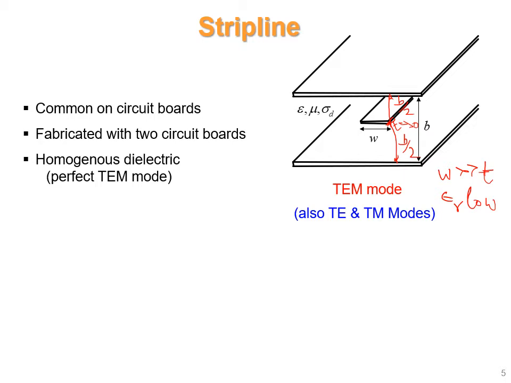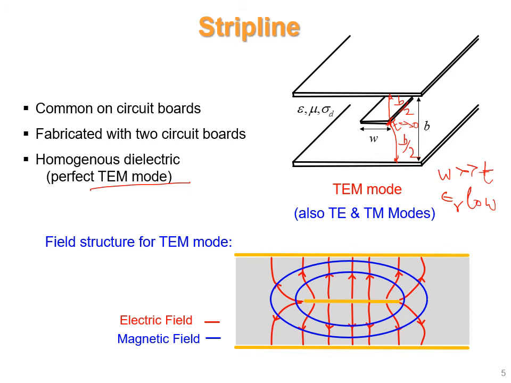Now, as the conducting path is immersed between the dielectric material, we will have two conductors: one conductor at the center, one conductor on the top, and one conductor on the bottom. So this structure is perfect for TEM mode propagation. What is TEM mode of propagation? TEM stands for transverse electromagnetic mode. It can carry the electric field and magnetic field which are perpendicular to each other.